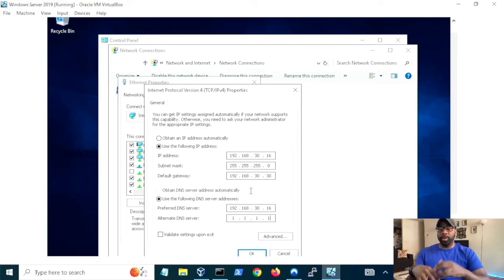So us humans, when we go into a website, say we're going to google.com. Let's just say that Google's server for google.com is 8.8.8.8. We go to a web browser, and we type in google.com. We don't know the IP addresses for each web server that we want to get to. So we have host names for each server because it's easier for us humans to